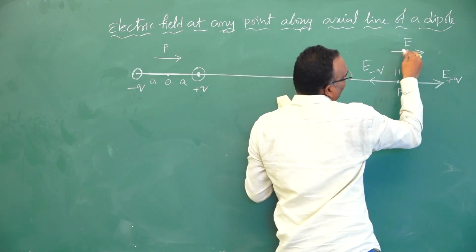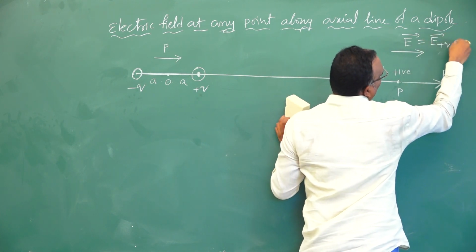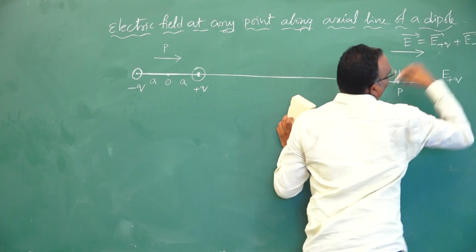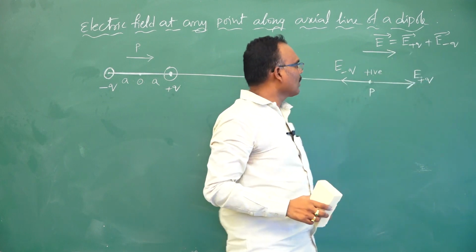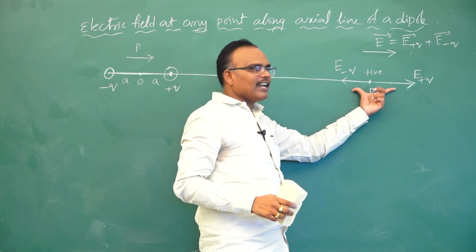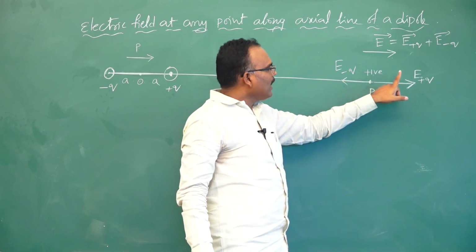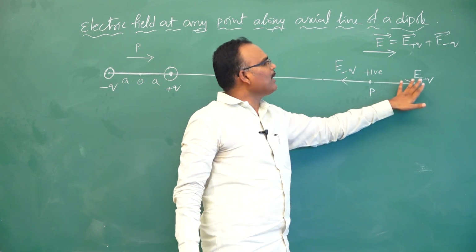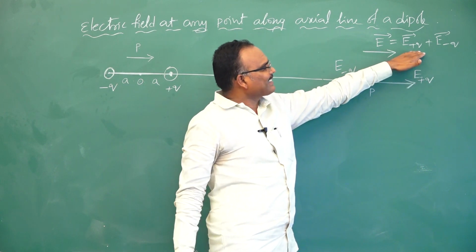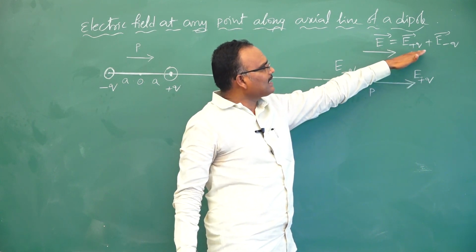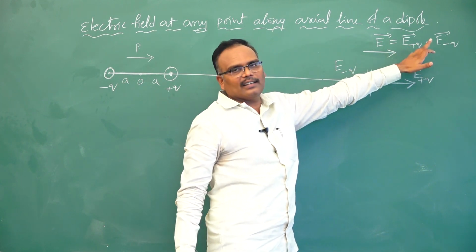If it is vector notation, then we will write E bar is equal to E plus Q bar plus E minus Q bar. See, in vector notation, resultant means addition. If we apply the parallelogram law of vector addition here, the angle between them is 180. We have to subtract E minus Q from E plus Q. That is done magnitude-wise. Same meaning is this. No need to worry, we will get the answer finally with a minus only. But in vector notation, resultant is addition.